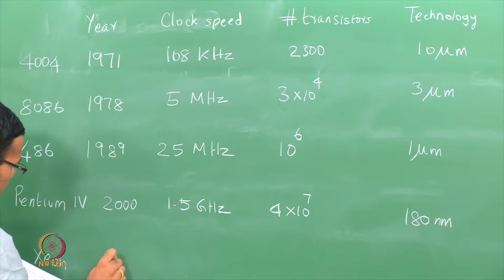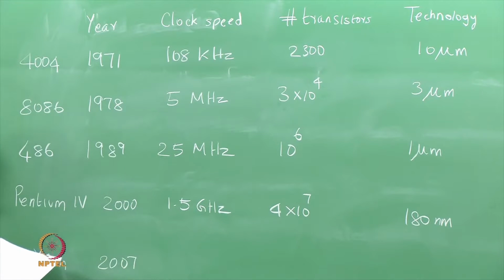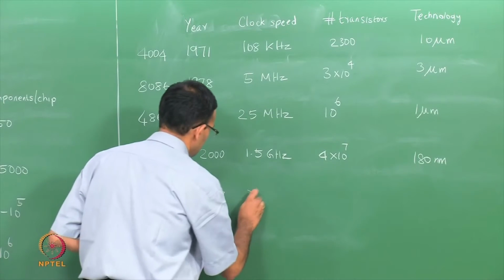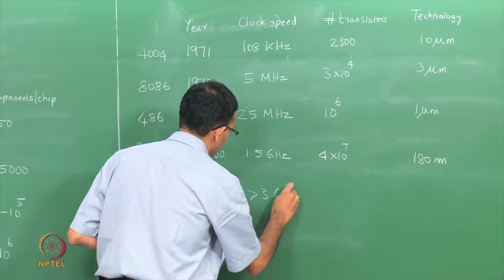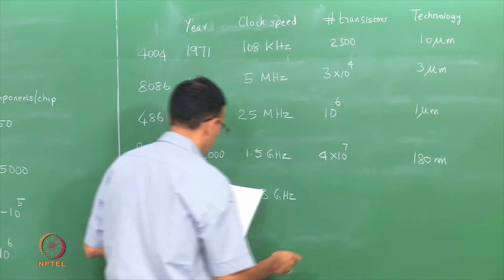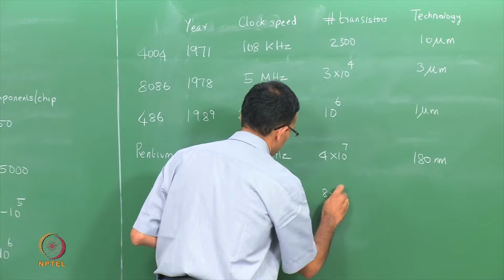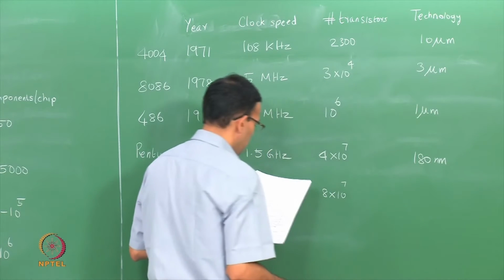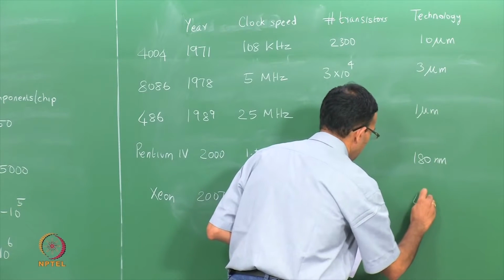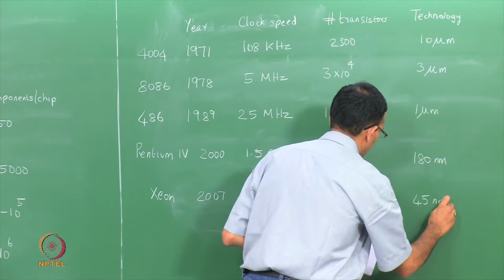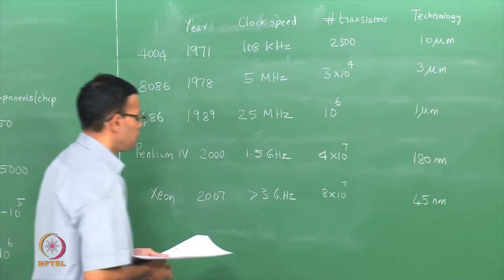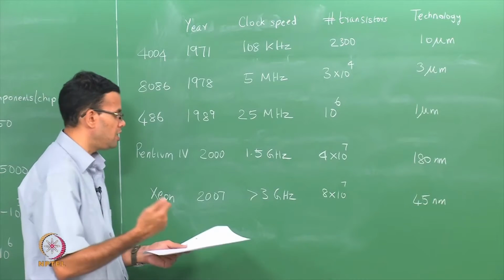Xeon, which came 7 years later in 2007. It's greater than 3 gigahertz. The number of transistors is doubled, and your feature size is 45 nanometers. So if you look at 45 nanometers and beyond,